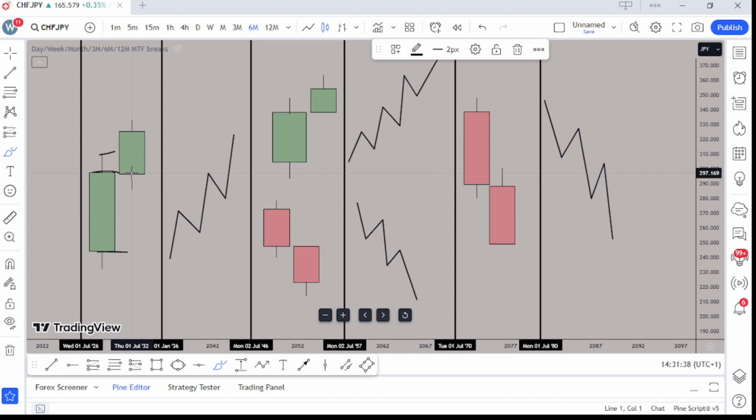This one opened down here, ascertained a low, went up, ascertained a high, and closed back here. So we all know this. It's a general concept. Every forex trader should know. Now, the thing is,